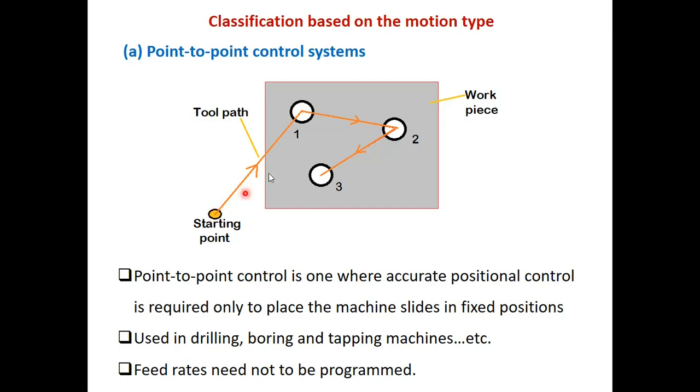So here it can move very fast. Only whether it has reached position 1 or not is more important. Then when it's moving to position 2, it simply goes there. In between it is not doing any operation. So point to point control is one where accurate position control is required only at the place where the machine slides